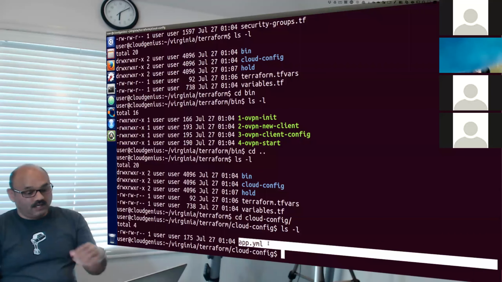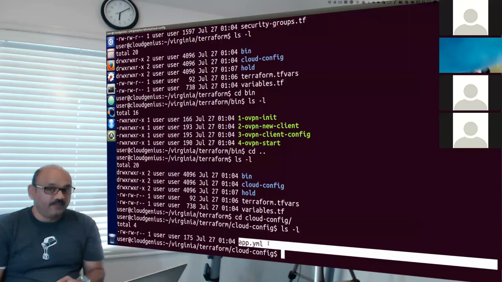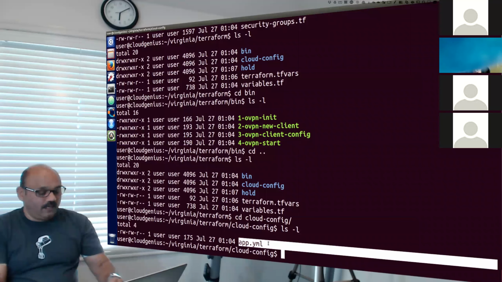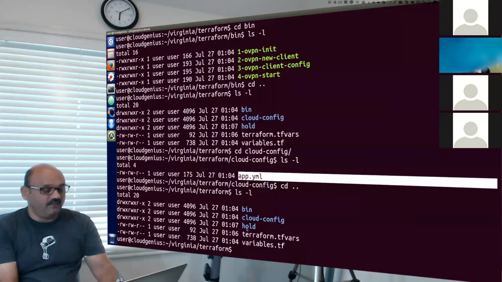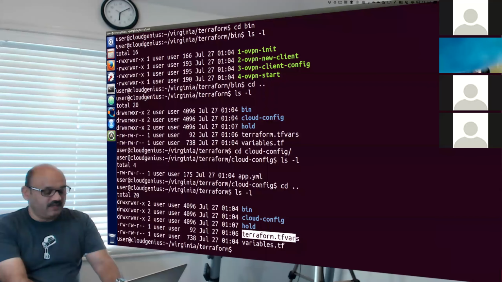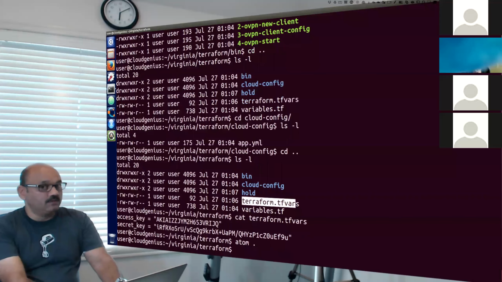So that machine creation configuration is in this YAML file. We'll read that also. And then back in our folder for Terraform, we have the tfvars file, which contains our credentials, and the variables file, which is what I want to now open, all of this in Atom Editor. So now Atom opens.